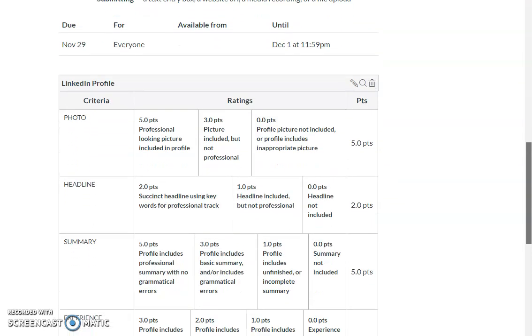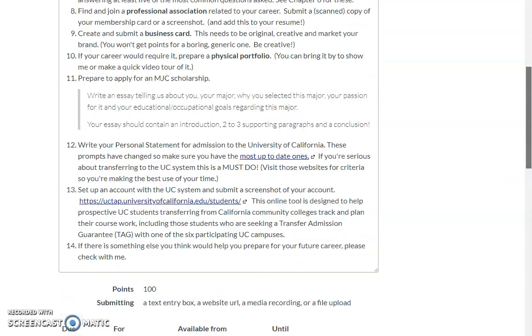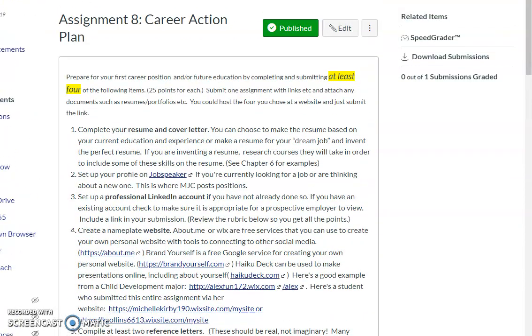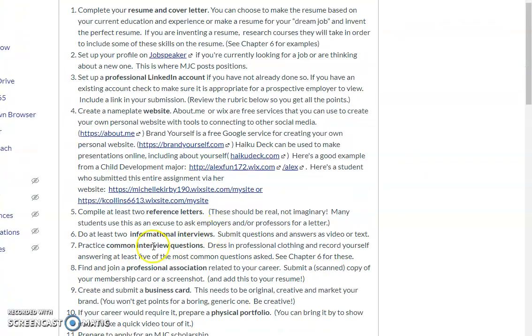So this rubric that's here is just some ideas on what a LinkedIn profile should look like. Basically, in this assignment, if you do it and put a bit of effort into it, you get the points. If you choose 4 things, you do 4 things, you'll probably get 100 points. If you kind of half do them, like you do the LinkedIn, but you don't put a picture in there or you don't put anything in there, I'm not going to give you 25. It has to be worth 25 points, okay? All right, this is way too long, so I'm going to stop talking.